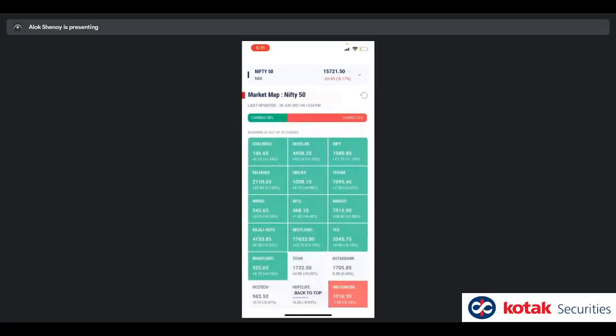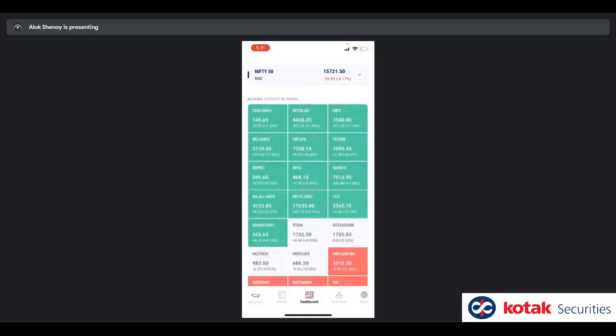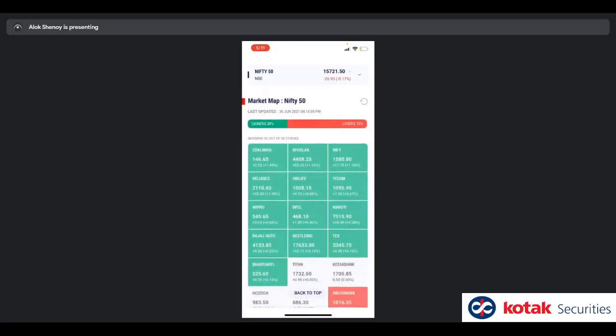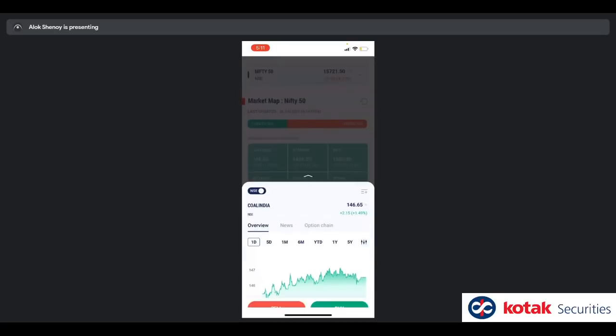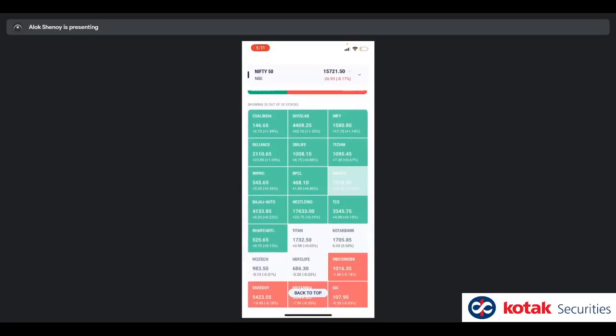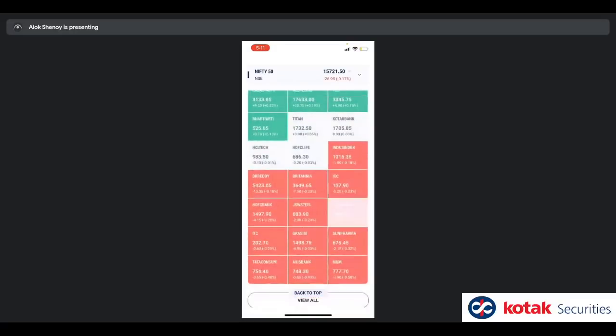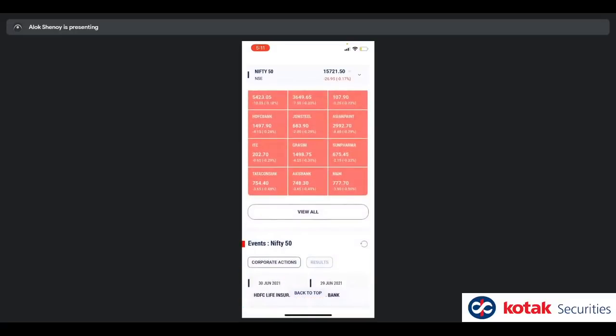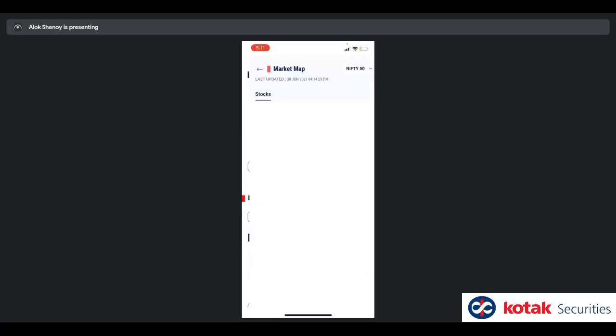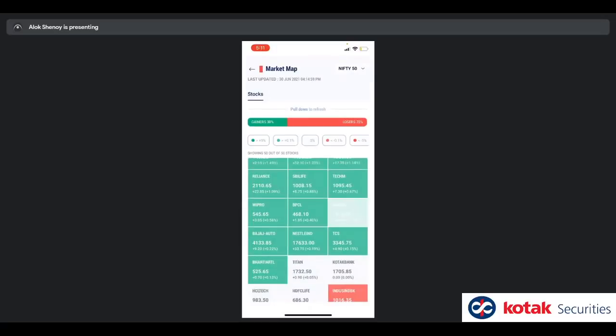We've provided a new functionality of a heat map. It's a market map, as we call it. The idea is to show you the top 15 performing stocks and the bottom 15 stocks in a particular index that you've selected, okay? You can click on any of these cells and do a transaction, place a trade, right? That's possible.